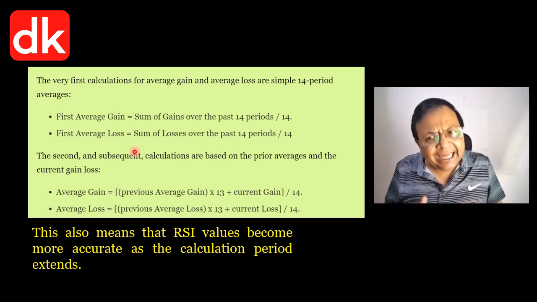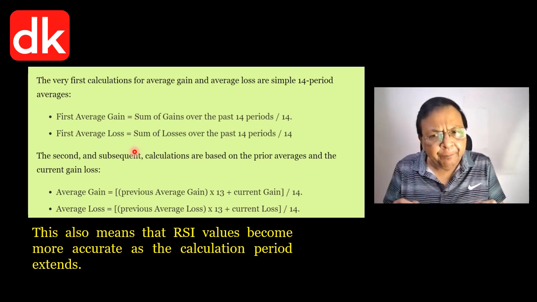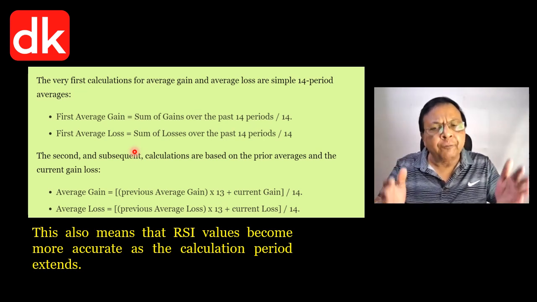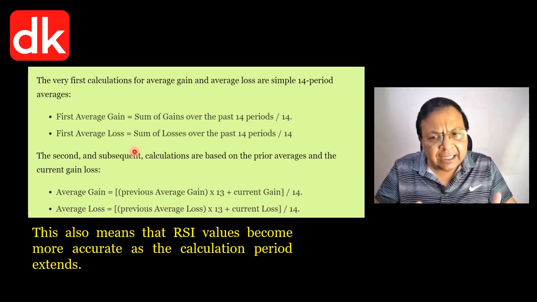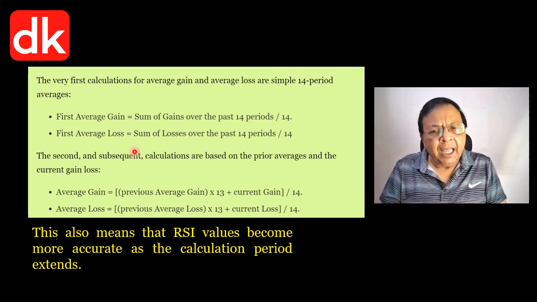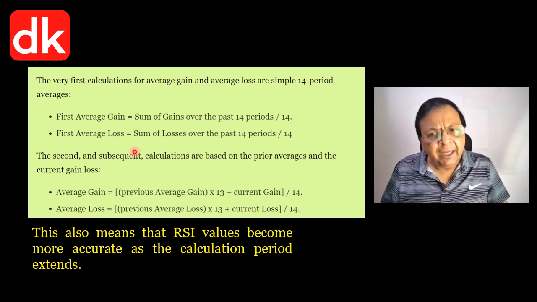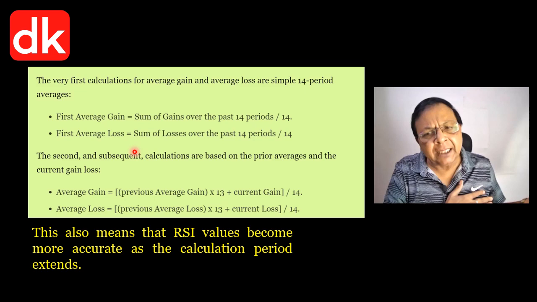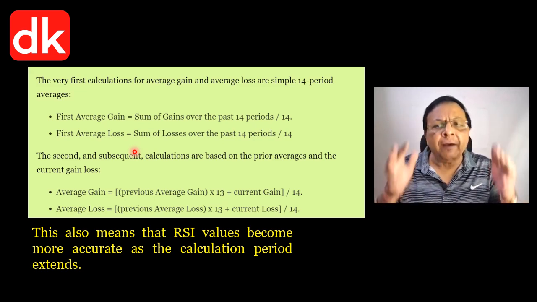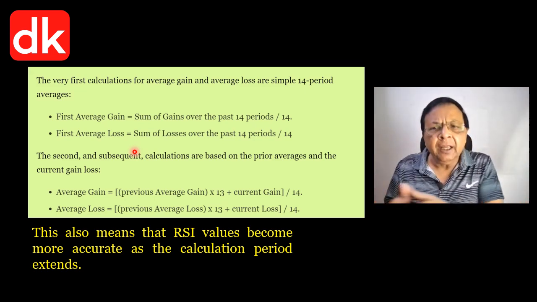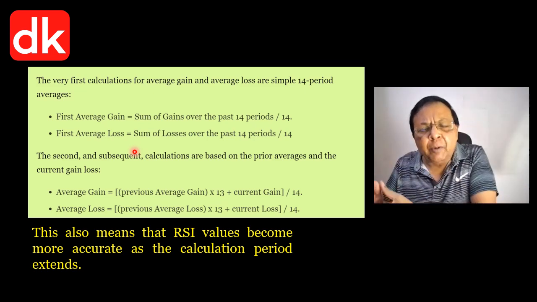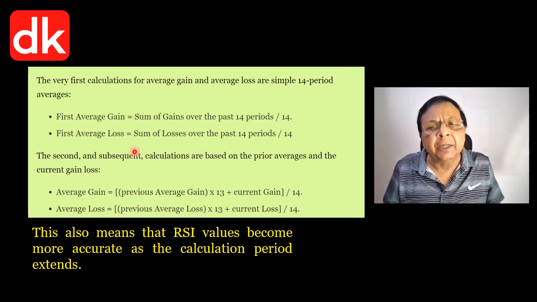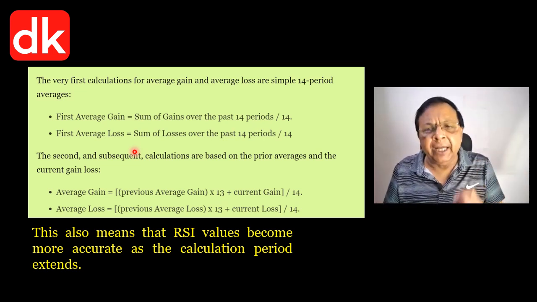So it is basically calculating what? Whenever the price is going up, it is calculating the average of those prices which have ended in green, and from a loss perspective, it is calculating the average of losses which have taken place in the past 14 days. The sum total of the gains divided by 14 and the sum total of the losses divided by 14 will give you the average gain and average loss on a selected period, in this case the 14-day period, which is the default.